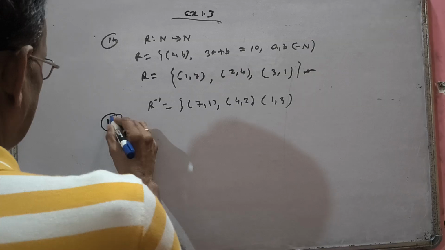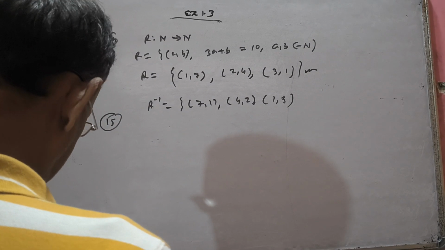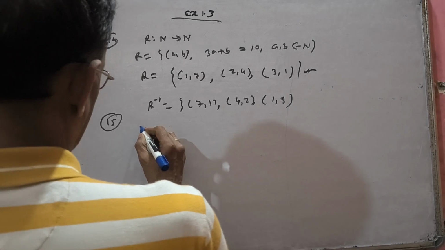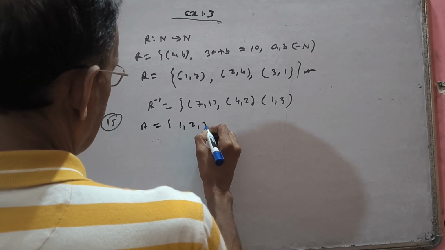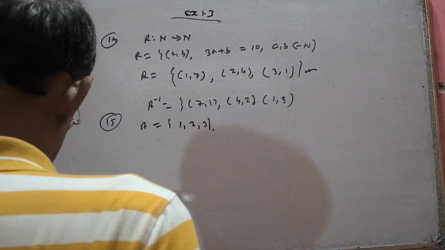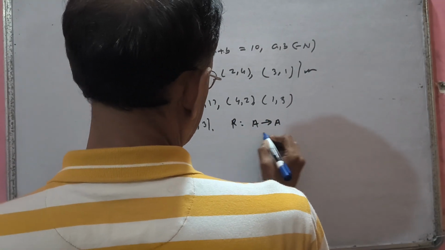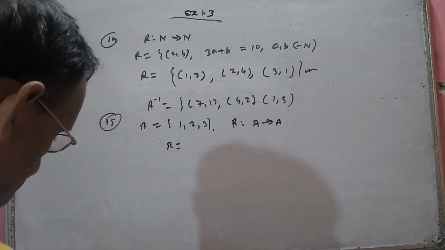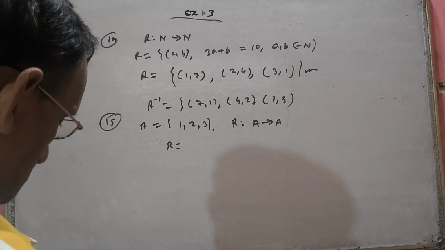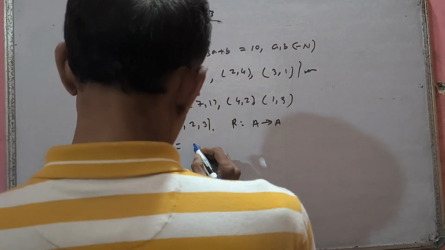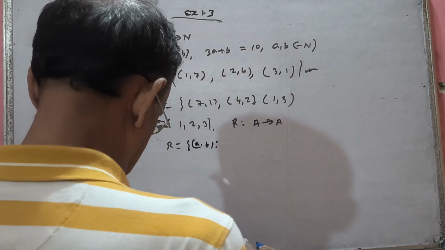Now number 15. This is the last question. We are about to complete it. Given A is a set with the elements 1, 2, 3. R is a relation on set A such that R equals the set of all ordered pairs (a, b) such that